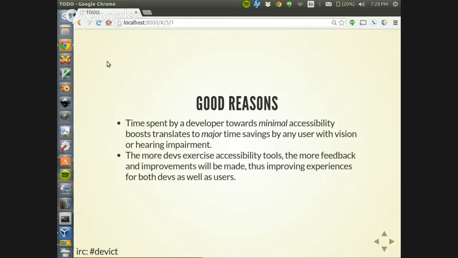But the more we use these, there may be some heartburn at first, as there was with me. Either you're not interpreting how to use them correctly, or you're abusing them and they don't specifically call out, don't use it this way, it won't work. Or, as most of us know, different browsers do whatever the heck they want on any given day. But the more we churn through that, the better that will improve, and the better our experience as developers will improve in our day-to-day, as well as, and most importantly, the users of our work.